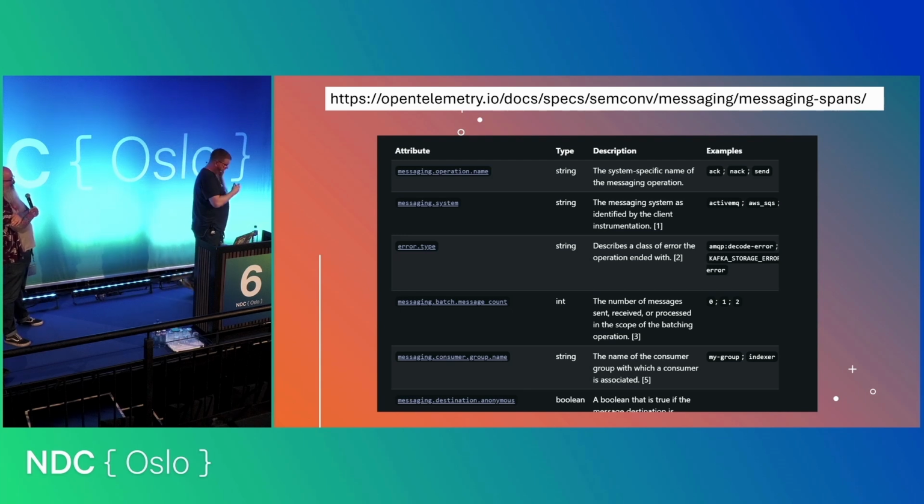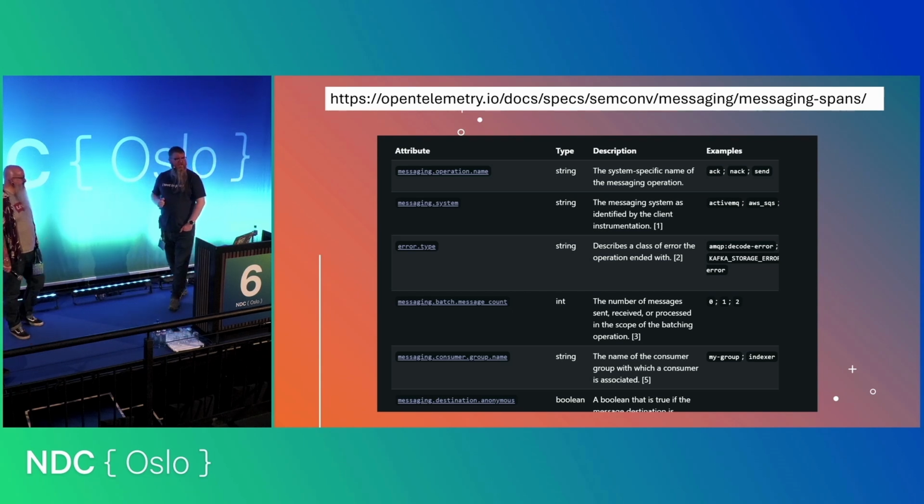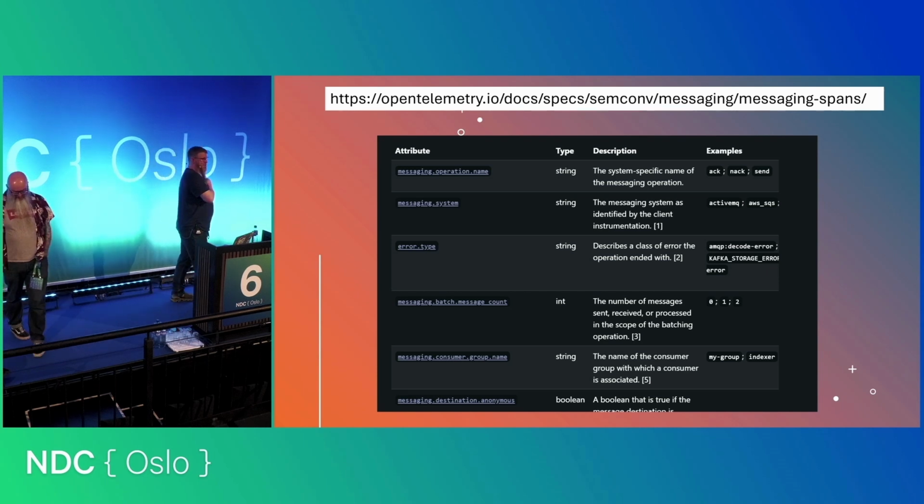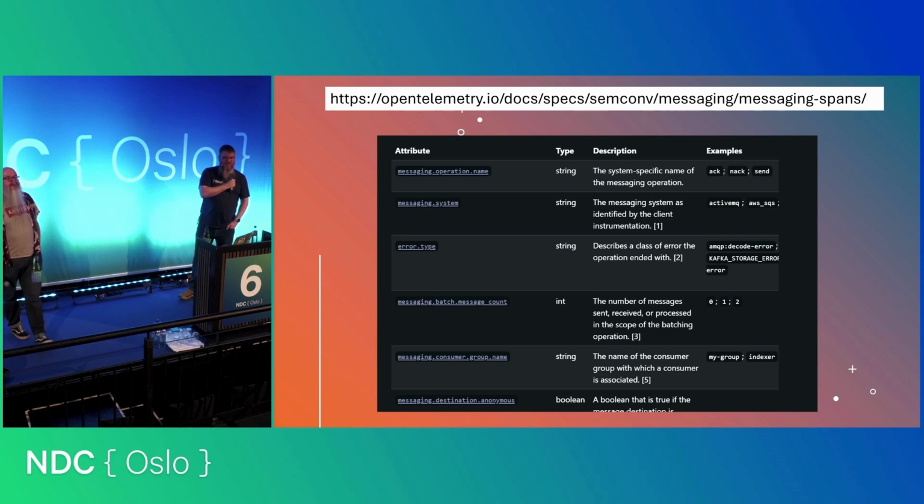Now, in OpenTelemetry, we've come up with something called the semantic conventions. The semantic conventions are a team of highly interesting people who sit in a room and discuss naming all day, every day. They do it so we don't have to. I have utmost respect for these people who sit in meetings on Zoom for hours on end discussing naming.